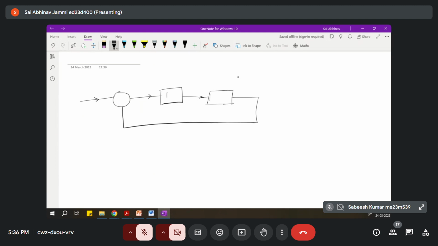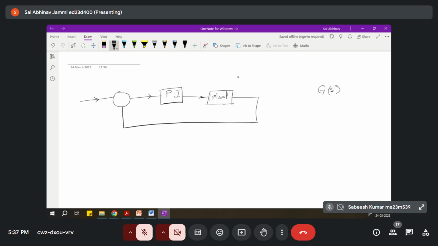If I have a PI block here and this is my plant, and my plant is G of S,